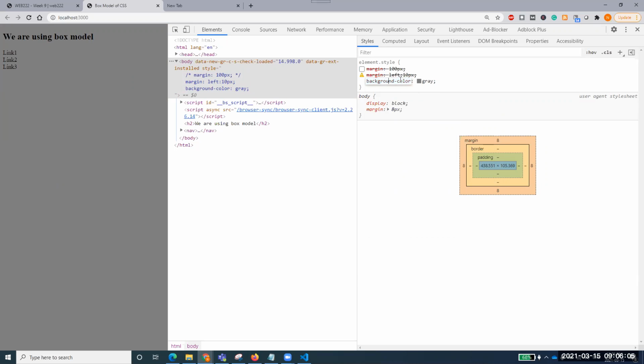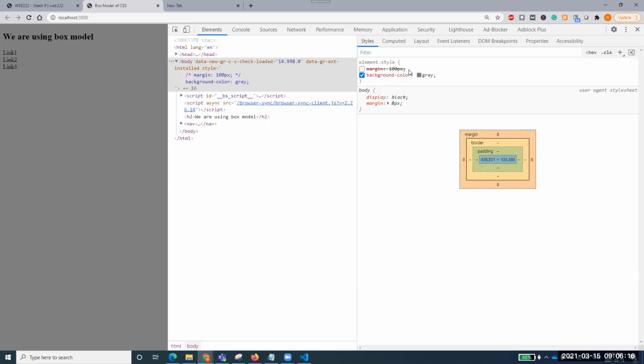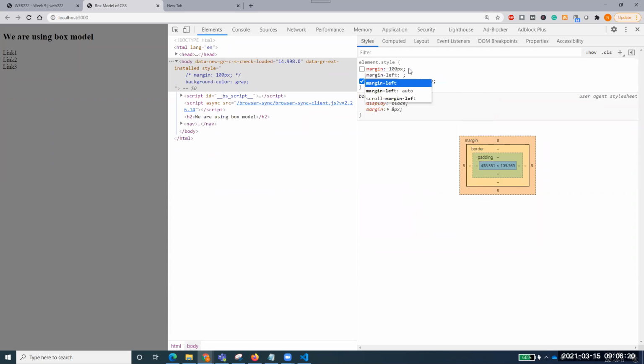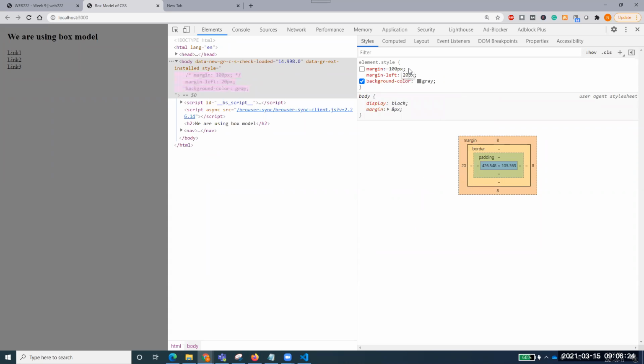Oh, sorry, I just used the wrong word. It's not margin colon left, it's margin dash left. Okay, so let me start. Margin-left, and I am giving 20 pixel, for example, just to show the difference.